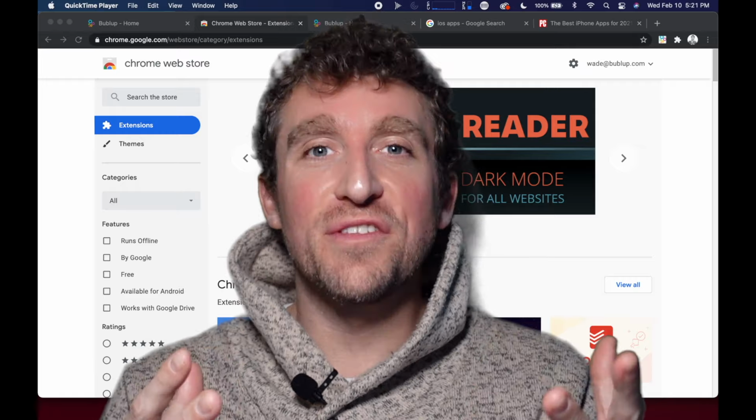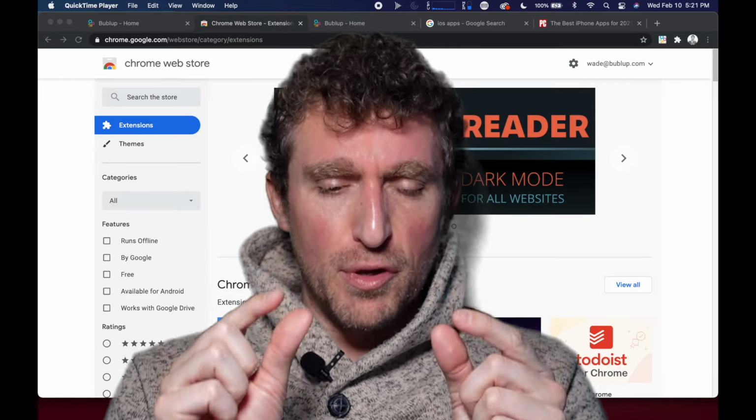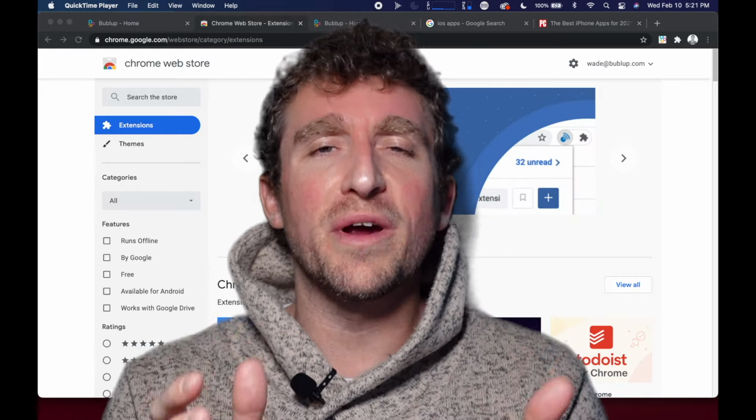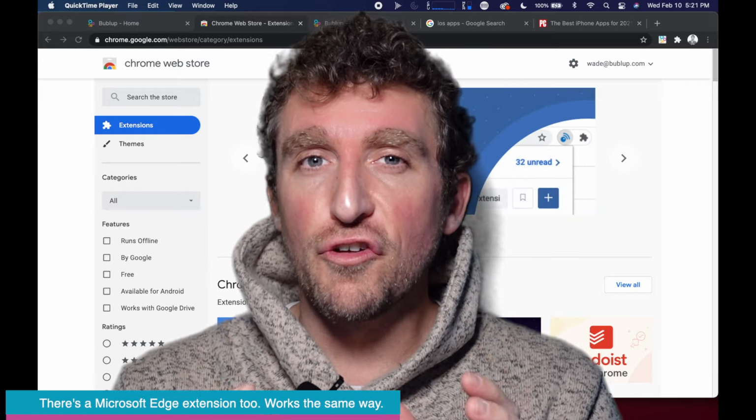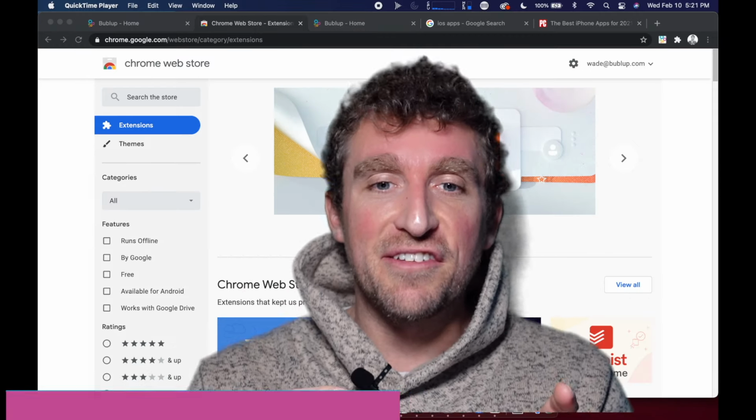How do you set it up and what's it for? Okay, the what's it for real quick. The BubbleUp Chrome extension is this bolt-on piece of BubbleUp software that goes right into your Chrome browser. It makes it super easy to move things from the browser into BubbleUp. Let me show you how to set it up real quick.